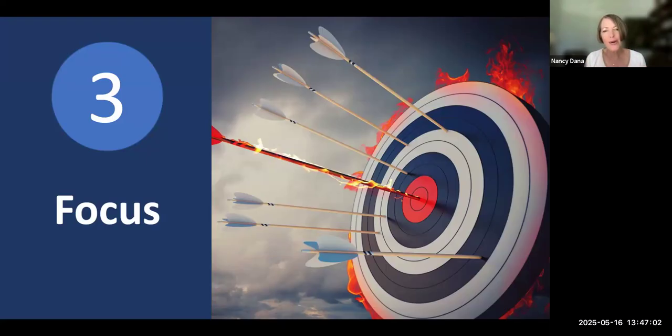For inquiry, though, when we're thinking about developing a great question, we really want the focus to be a bullseye focus on student learning. So you want to think in terms of your students and that process of learning.